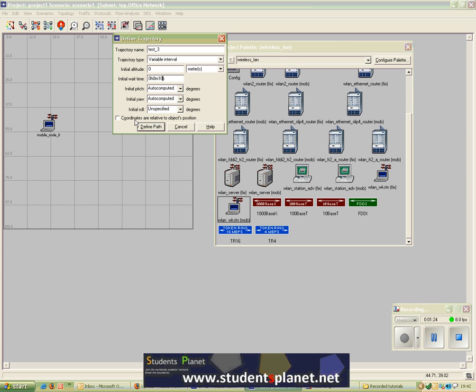The other option that you have here is whether the coordinates are relative to the object position or they are fixed where you define this trajectory. So I would select this option so that whatever I define here, they should be relative to wherever the object in my simulation scenario is placed. So the difference between these two is,